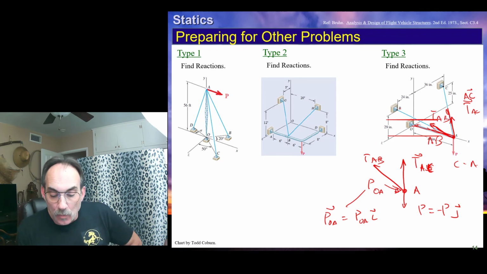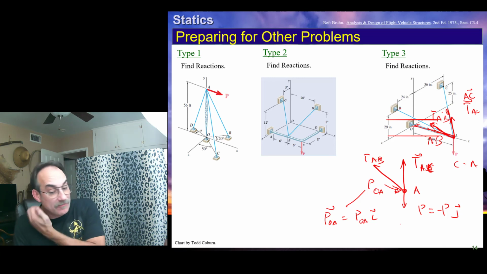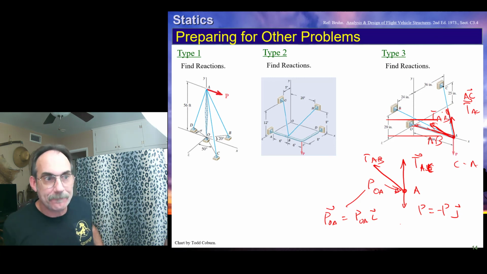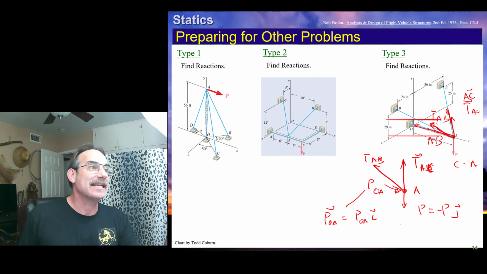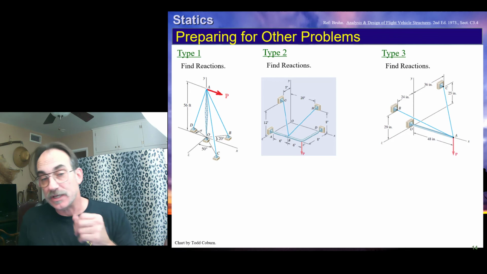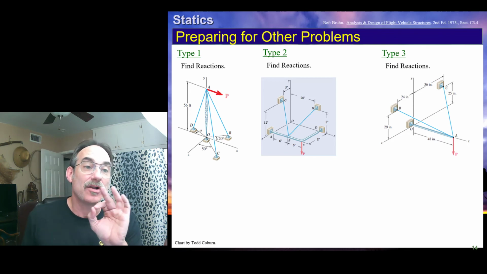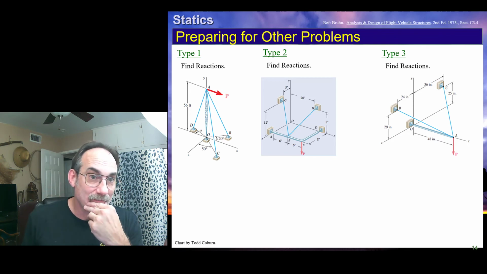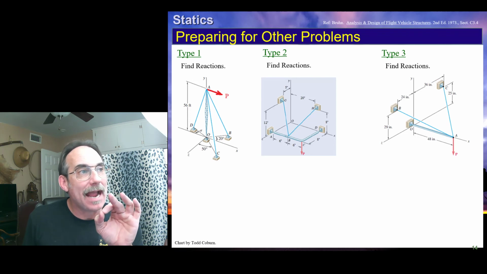And then we take whatever that tension is in each times its unit vector, and that gives us the fully defined vector. Okay? So that is the kind of problem that we can solve using the direction cosines and using these unit vectors. Okay? I'm actually going to back up and look at another set of problems